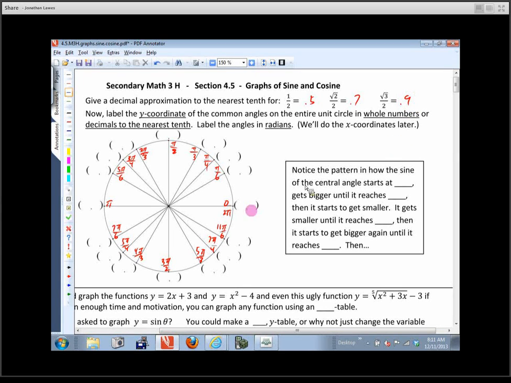So then if we go through and we mark down what the y-coordinates are, the y-coordinate right here is 0. The y-coordinate right here would be 0.5. This is going to be radical 2 over 2, or 0.7. This is going to be 0.9, and that's going to be 1. And then what happens is we go around this back side of the circle. 0.9, 0.7, 0.5, big drop here down to 0. And then all the y-coordinates would become,